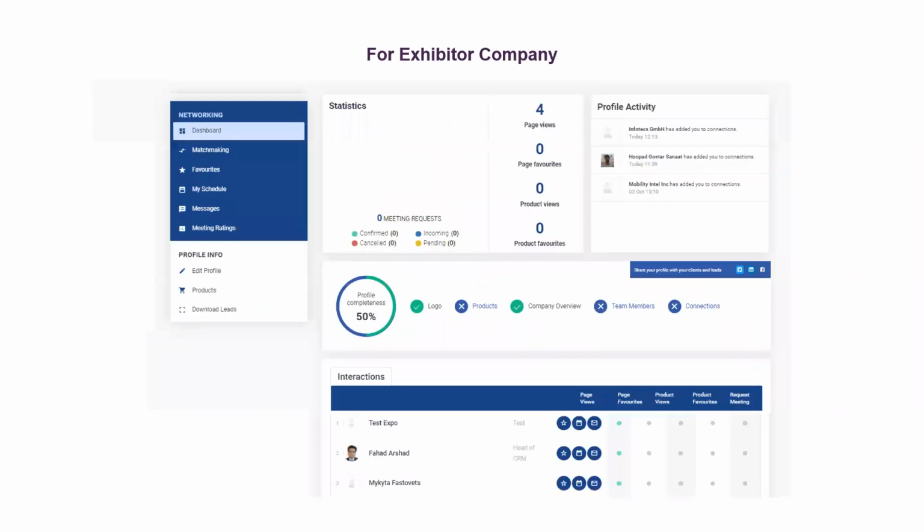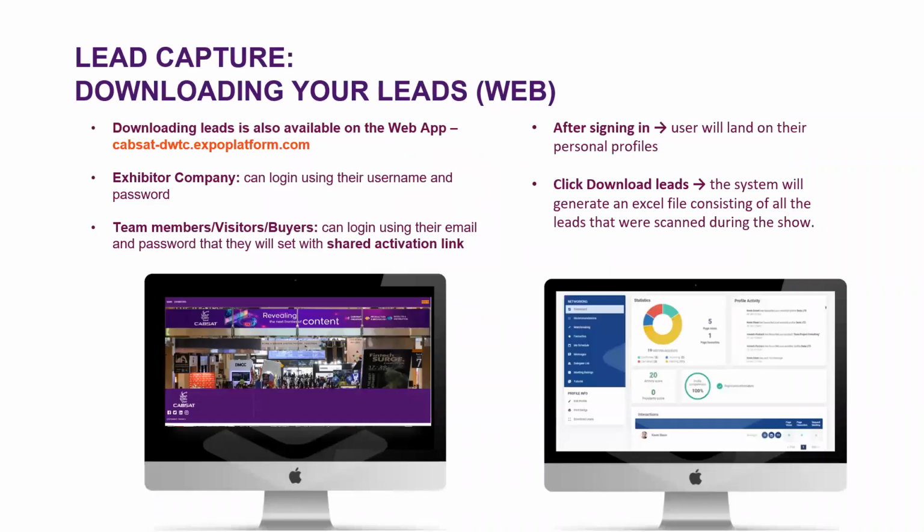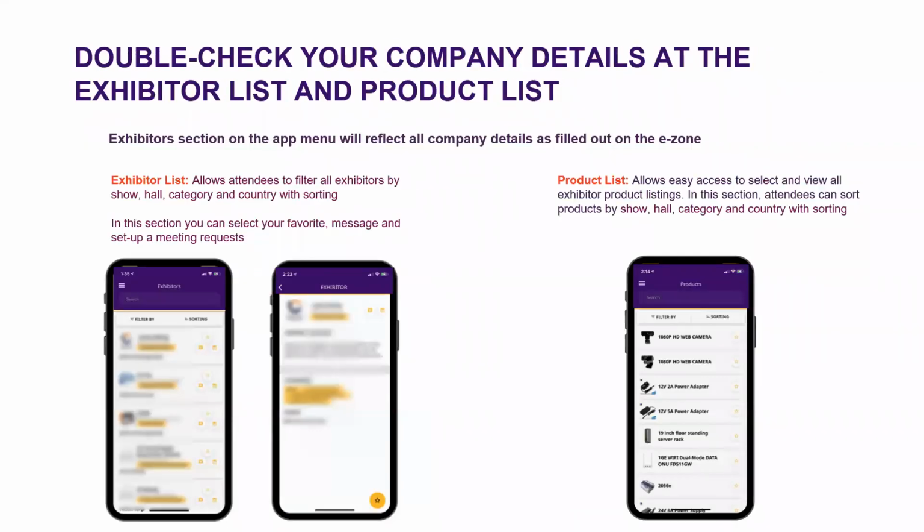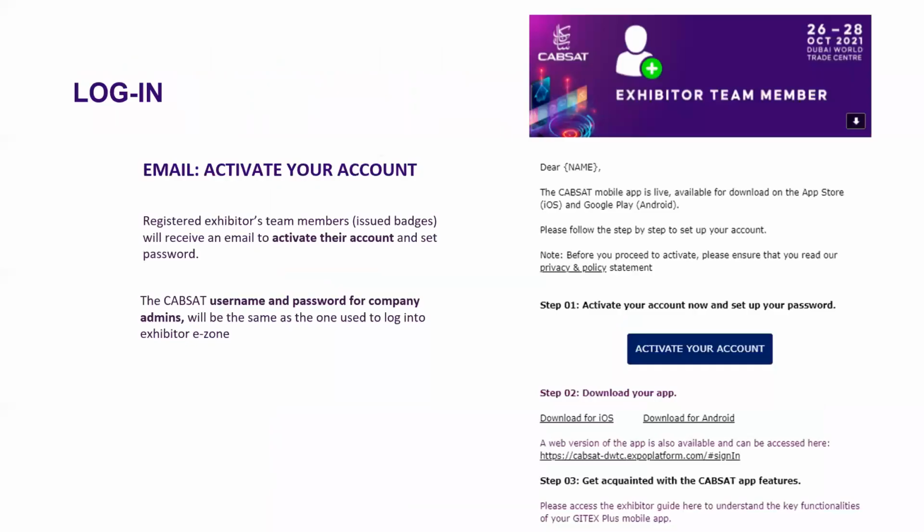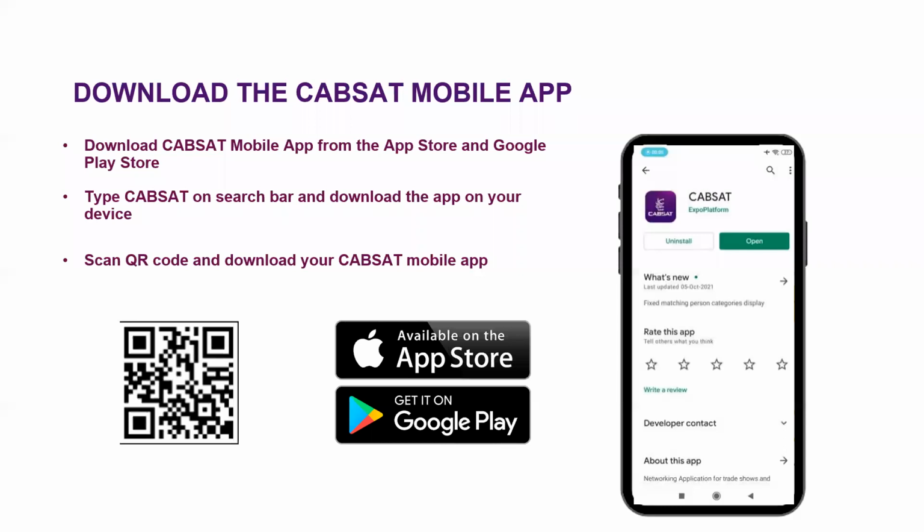Yeah, thank you, Ajay. Just a quick note here for all the exhibitors. You can download it now or just wait for the welcome or activation email, which will be in your inbox latest next week, mid of next week. And that's where you can download and activate your account. So the app is both a mobile app as well as a web app. So you can use it on your desktop as well as on the mobile app. But the lead scanning or the badge scanning is by mobile app only.